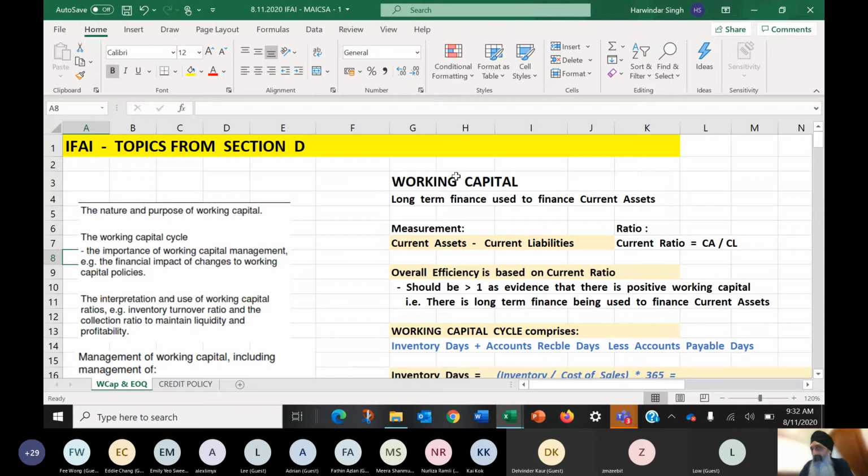I think I have shared with you working capital policy. It was in the previous set of notes also. Please read that. EOQ, GIT, no, that one is specifically for inventory. Yeah, that's also a policy. This one we are talking about is the overall working capital policy.